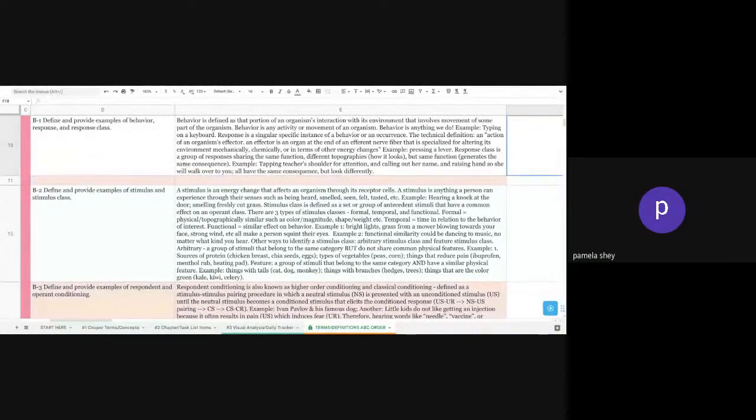Can we say that can happen individually? Like, say you get up from bed and you didn't get a good night's sleep, it's going to affect the way you react to others. Right. I think it could be unnoticeable or noticeable. It really depends on the magnitude or the obviousness of the stimulus. But technically, the way the definition is worded, it's an experience through your senses. So we can't always see that, but sometimes it can be seen.